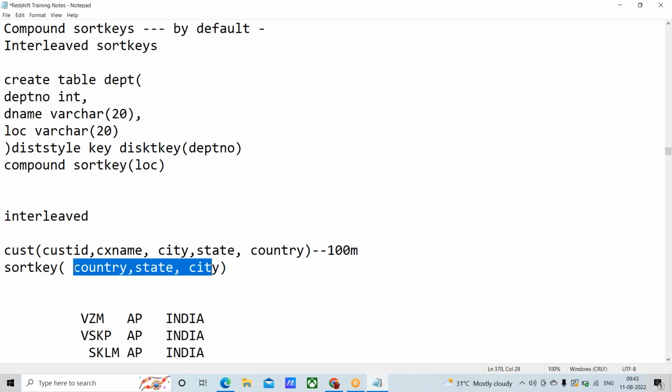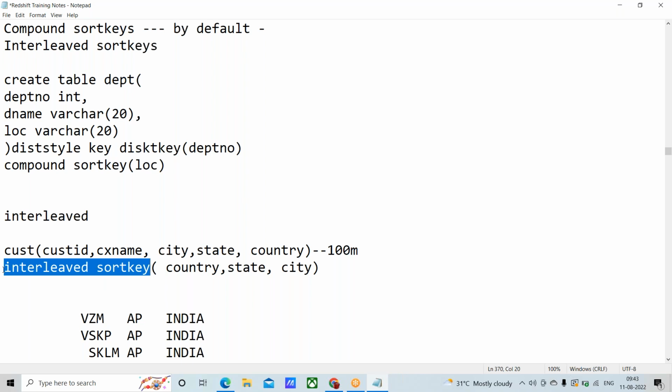If you have mentioned 3 columns, then it will try to give equal weightage to all the columns. If you give interleaved sort key like this, it will try to give equal weightage for all the columns